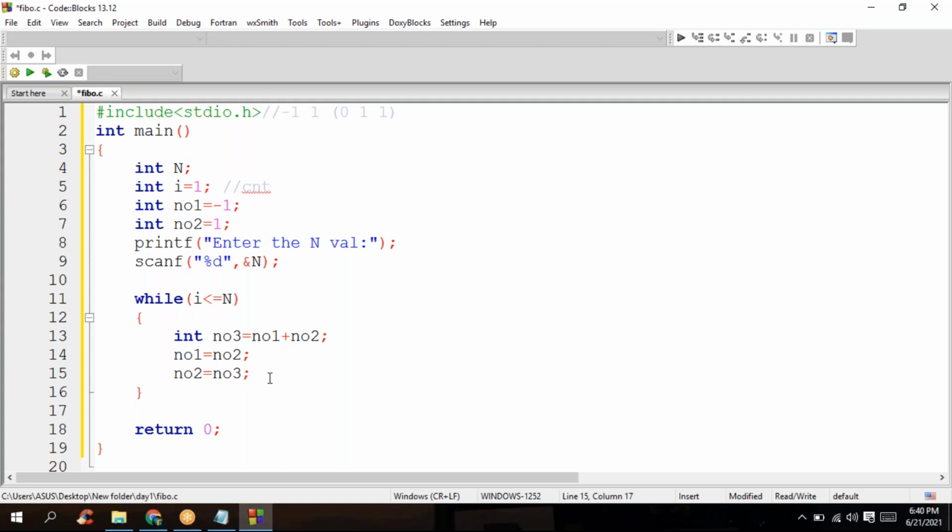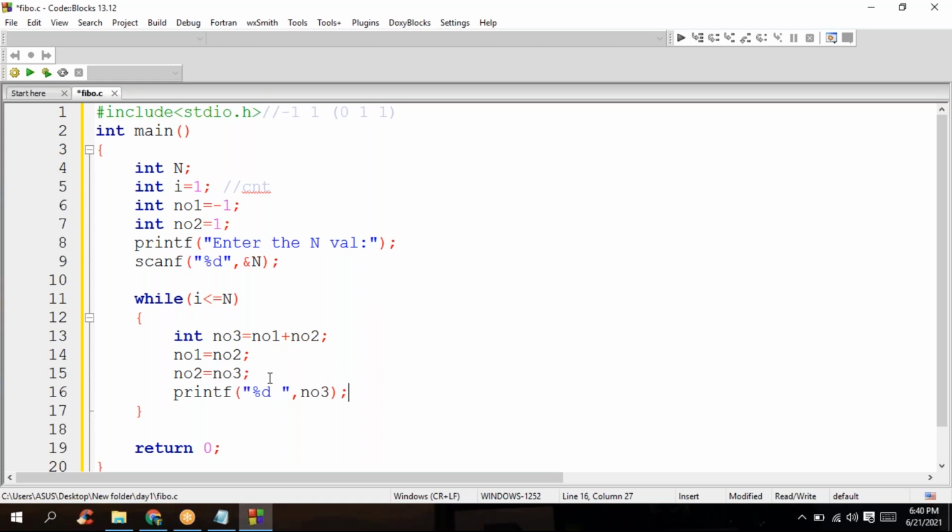So this is done. Followed by it, what did I say? I'm supposed to print the series of it. If I want to print the series, who is holding the particular series? Number 3 is the one holding the series each and every time. So this is done. The first work I have given is done, a series has been generated.